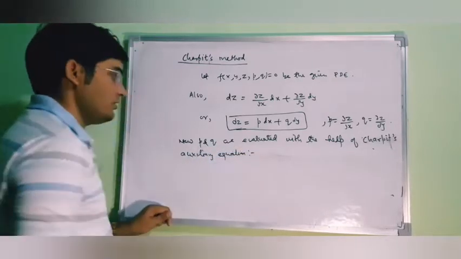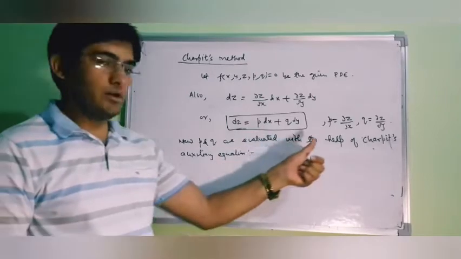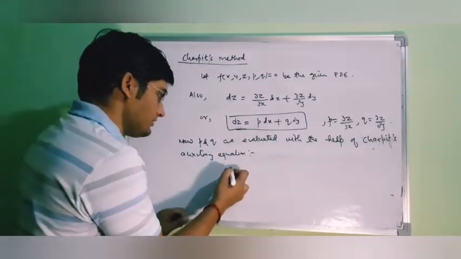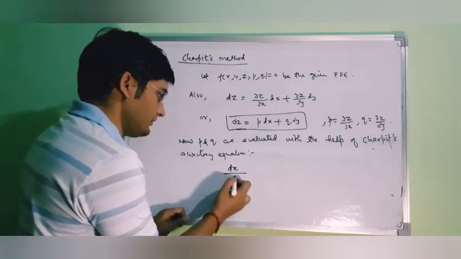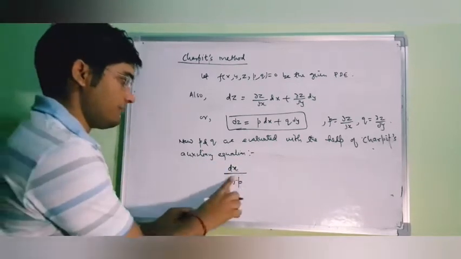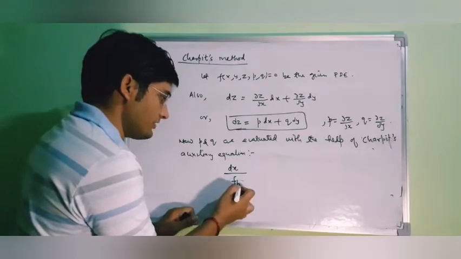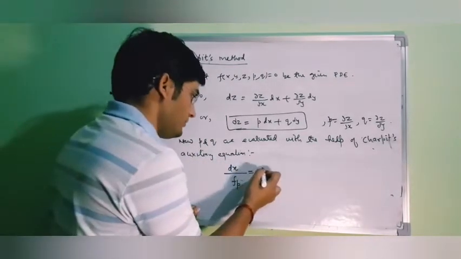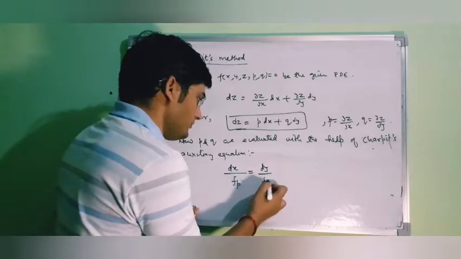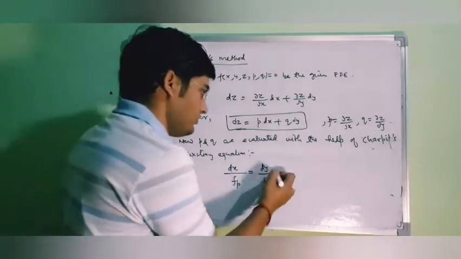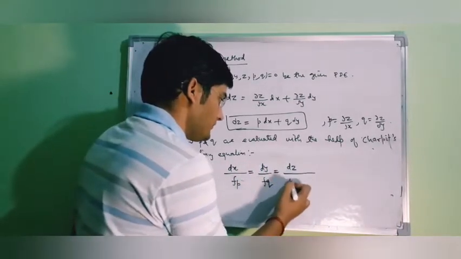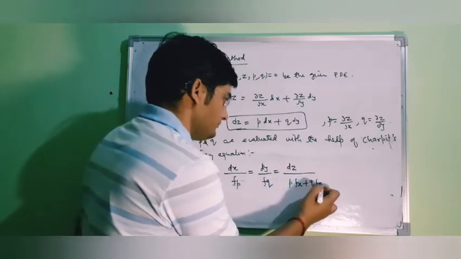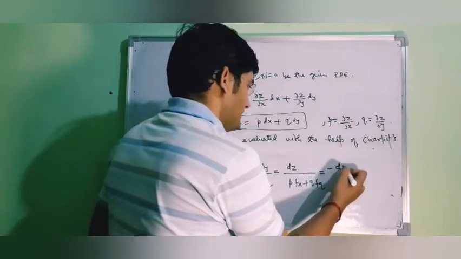P and Q are evaluated with the help of Charpit's auxiliary equation. And what is Charpit's auxiliary equation? It is given by dx upon fp, where fp stands for the partial derivative of f with respect to p, equal to dy upon fq equal to dz upon p fp plus q fq, then minus dp upon